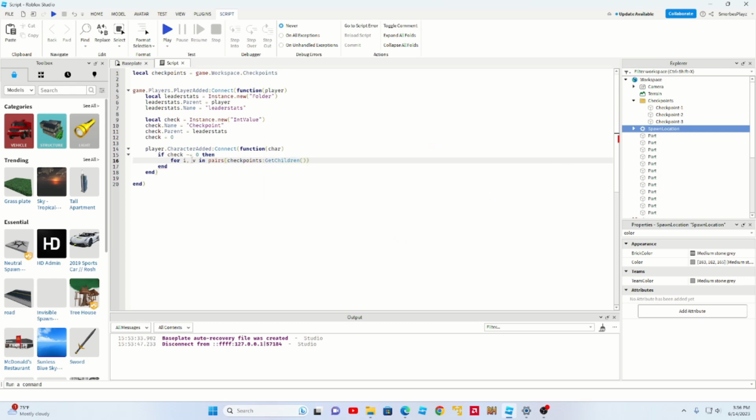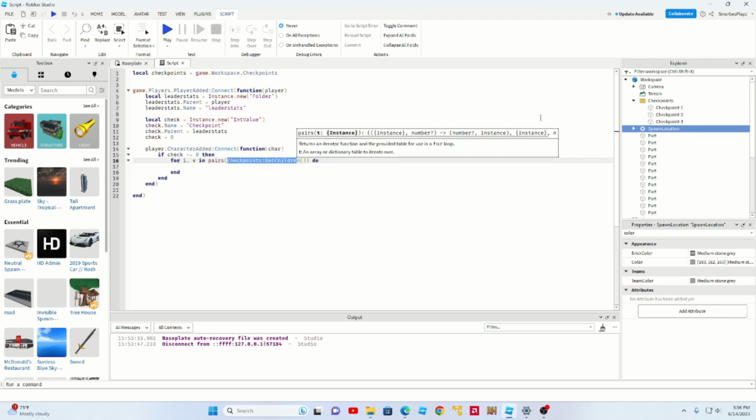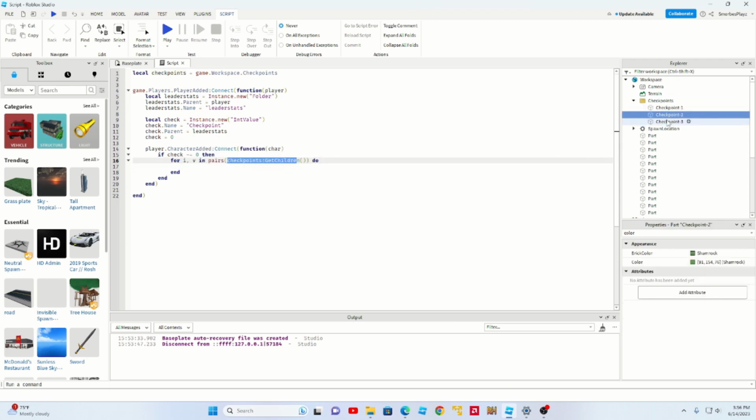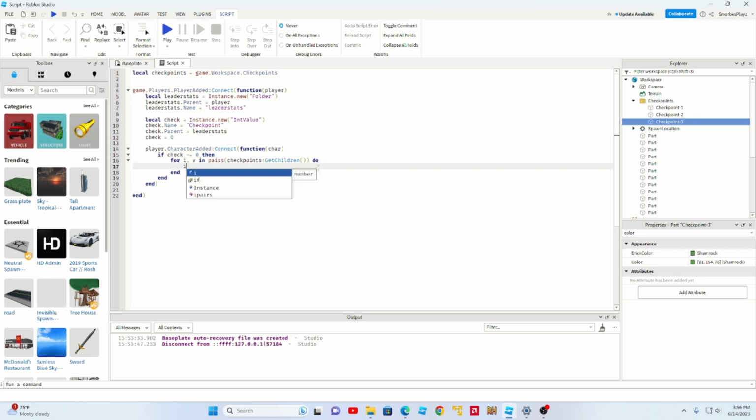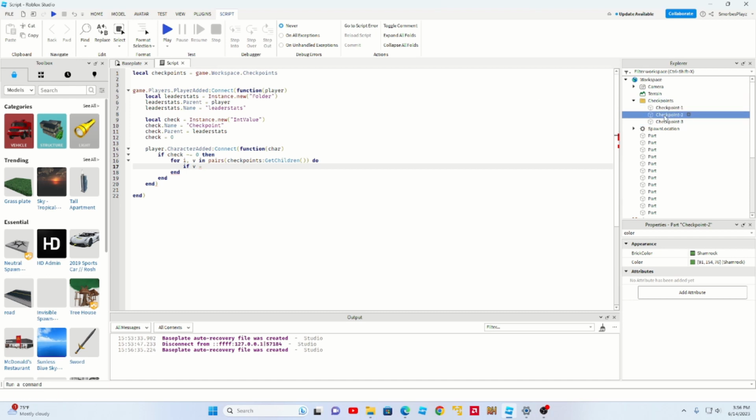Get children. Okay, this is a loop, and it loops through all of the checkpoints you create in this folder. So now what we're gonna do, we're gonna go if v equals, so v is the child, so it loops through all of these, so each loop is gonna check which one. So I'll go if v, which will be whichever one it's checking during that loop. If v equals v dot,